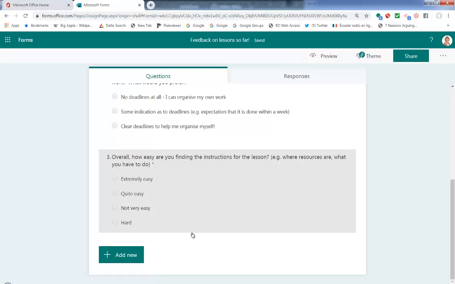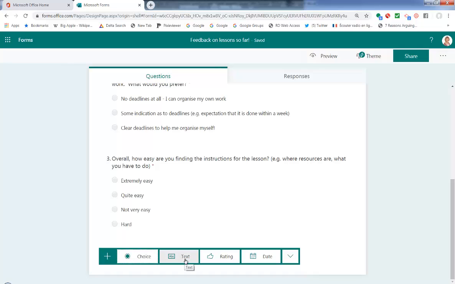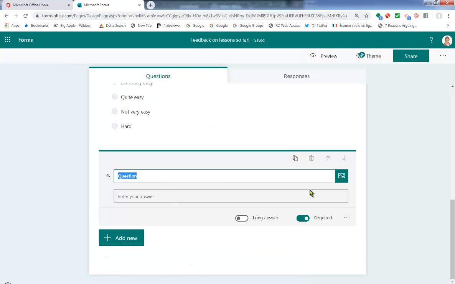Now in this one, I'd probably quite like to know why it is that they are finding it hard. That really is genuinely wanting to find out how I can change things. So this time I could add a new one, but this time I could make it text. And I could say something like, if you find, or if you answered not very easy or hard in question